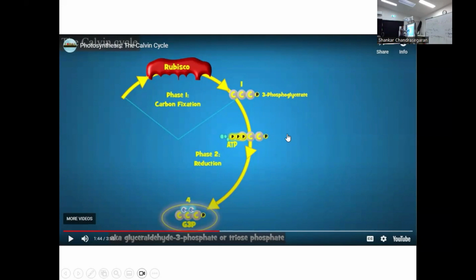But here, the first stage, carbon fixation, a molecule known as RUBP will bind together with Rubisco along with carbon dioxide that's coming from the outside. RUBP, one thing to note, has 5 carbons attached to itself, and carbon dioxide has 1 coming from outside. So when both of them bind together, we'll have a total of 6 carbons that are binding to this one enzyme